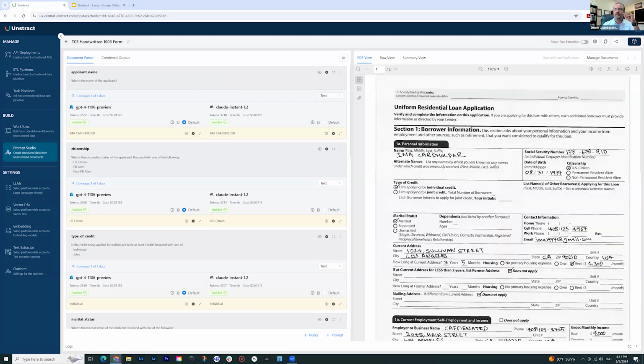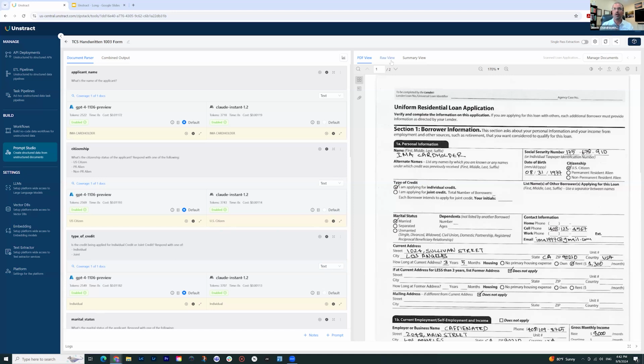So in this case, you can see, if I show you my handwriting, it's actually really bad. And it actually can process the handwritten things as well. But the best part is, again, the same checkboxes are now in a handwritten tick mark, right? So this is what is being processed: is the credit being applied for individual credit or joint credit? Respond with one of the following. It is able to read this, and it's able to see the check mark here, and it's able to tell that it's applying for individual, right? So it actually can read all of this.